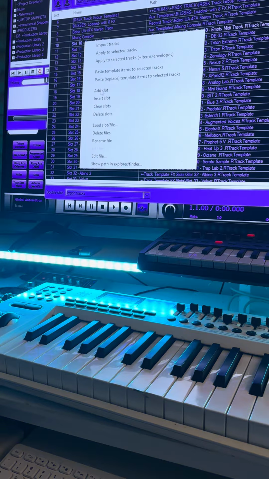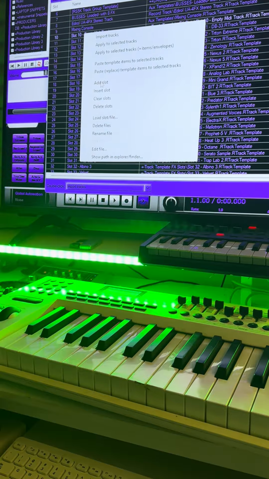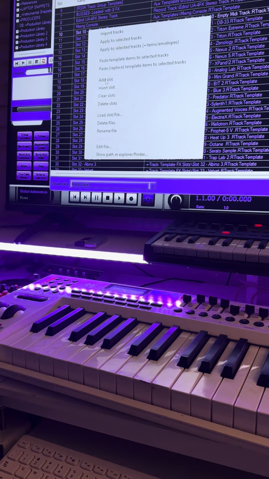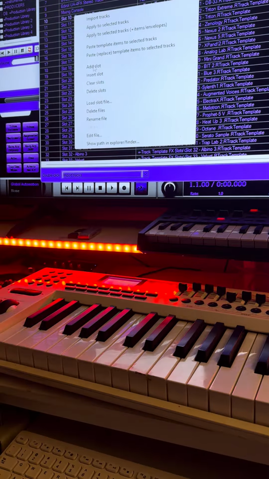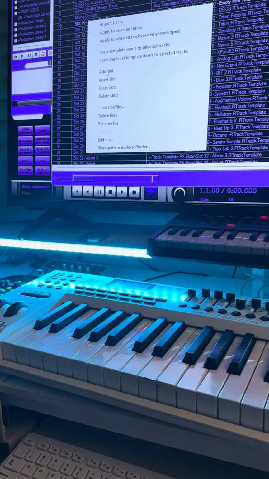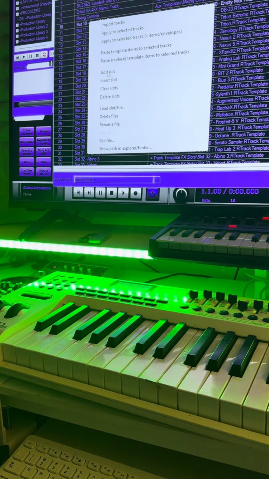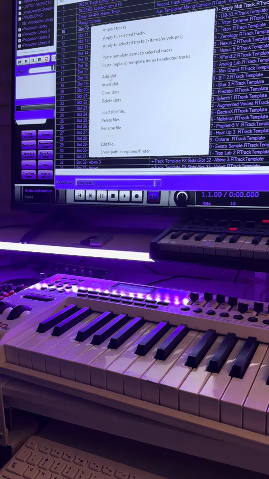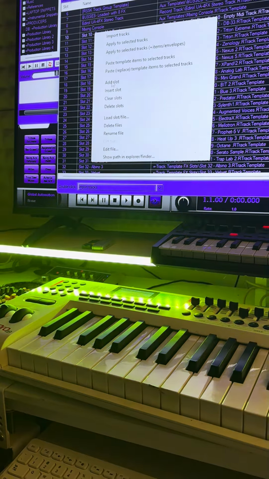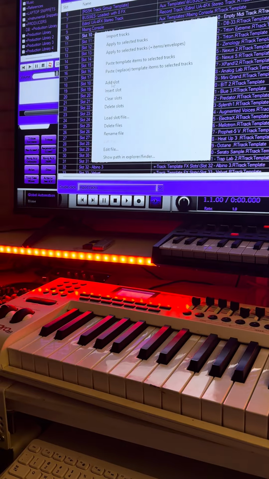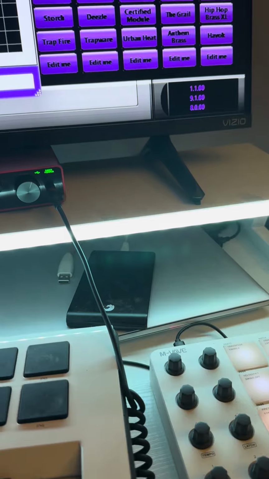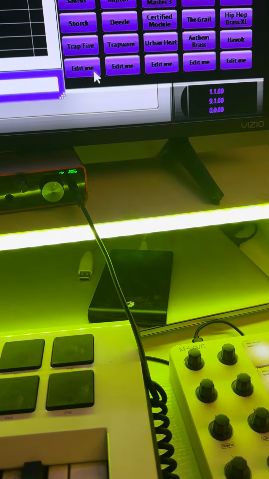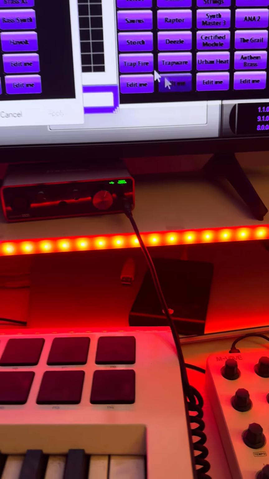And so I set it up so you can have your effects floating. All you've got to do is save your templates now. You can take your time to save your templates and create your toolbar as you go, and the plugins that you like, you can save them in your toolbar as you go. Then you can create an edit me and use a double text with icon, and copy that double text with icon and do it like I did down here at the bottom. See, I just copied them and put edit me. And every time I get a new VST that I like, I'm just going to edit that, customize toolbar, go in there,